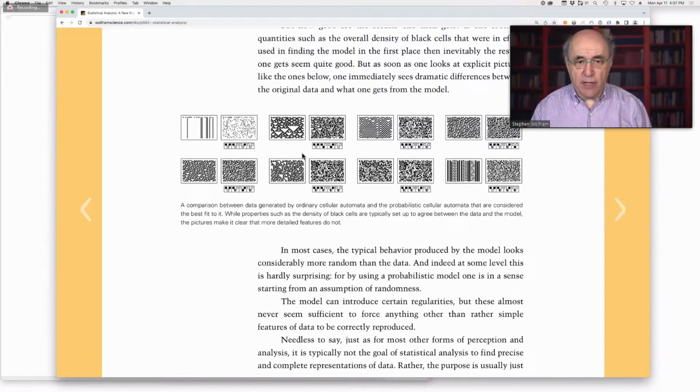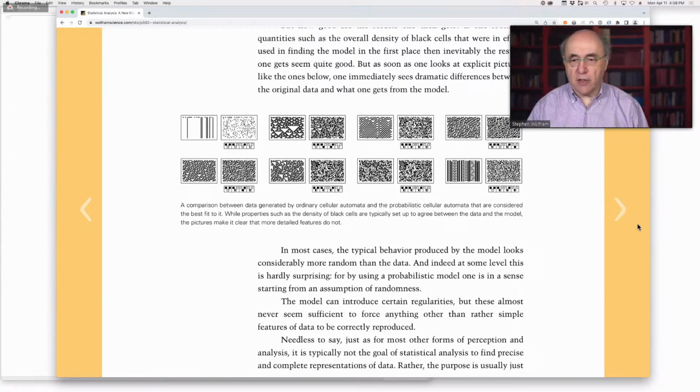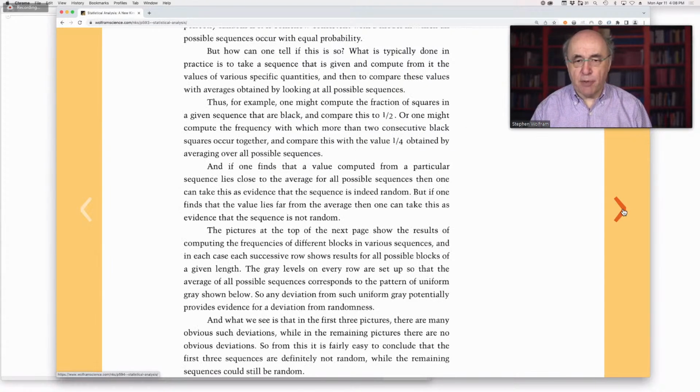This is a case where we're trying to make a sort of probabilistic approximation to cellular automata. And the question is, does that thing there that's got the right probabilities look like that thing there? Well, the answer is no, not really. It has the right probabilities, but it doesn't have the kind of large-scale structure that one needs in the cellular automaton. So a probabilistic approximation to a cellular automaton is not going to work that well.